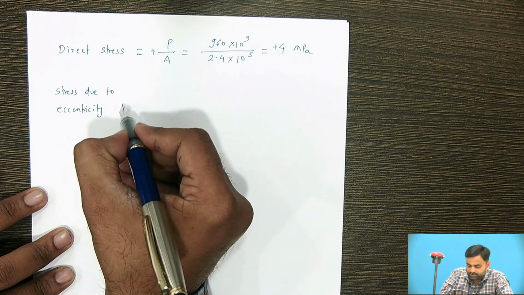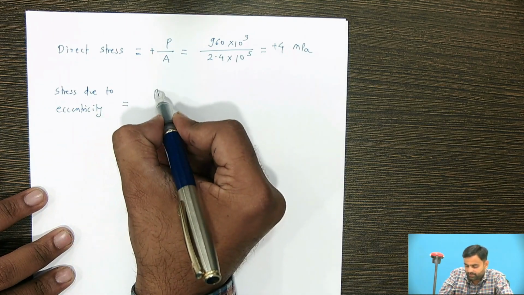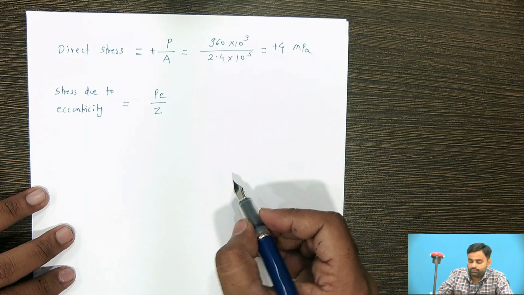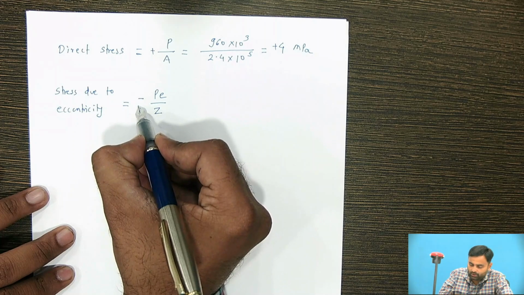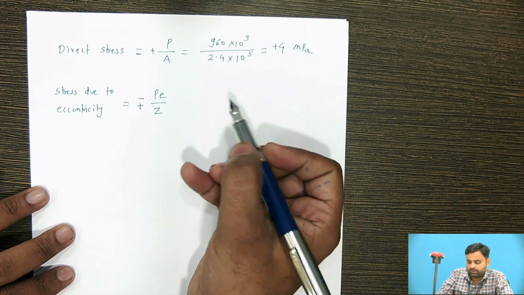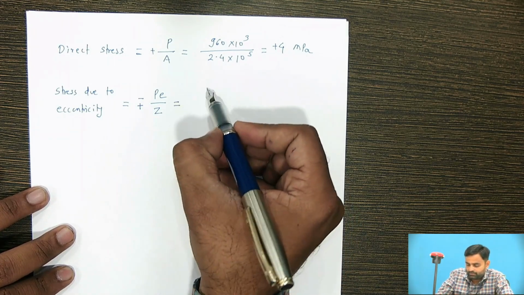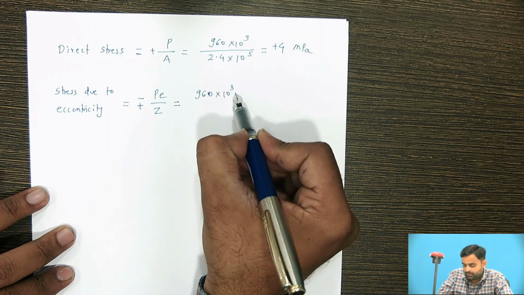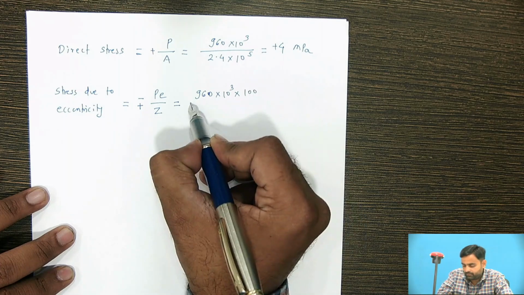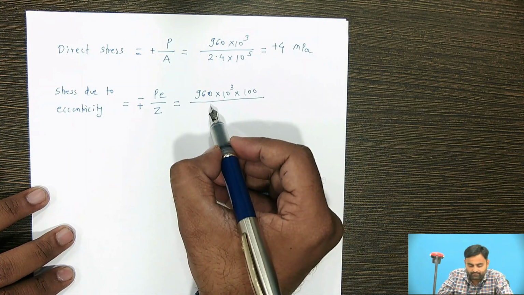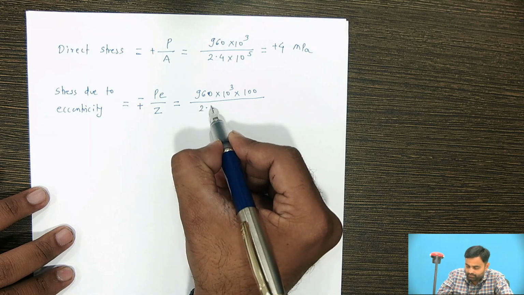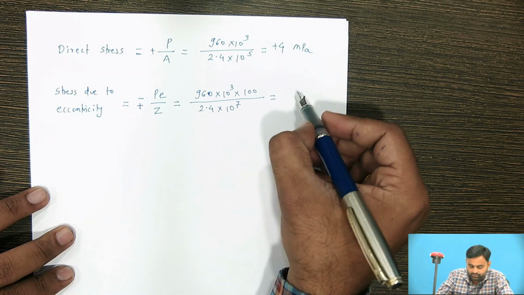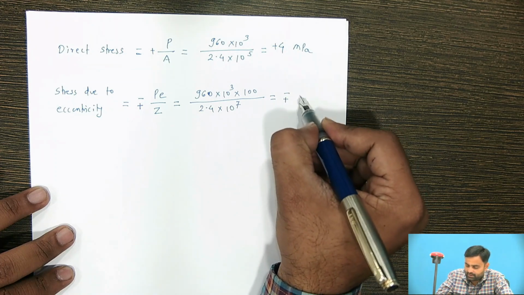The stress due to eccentricity can be calculated by using the formula PE by Z. I have told you already, it is minus at the top and plus at the bottom. So it is equal to P, which is 960 into 10 raised to 3, into eccentricity E, which is given as 100 mm, divided by Z. We have already calculated the value of Z, 2.4 into 10 raised to 7. So if you solve this, we will get the value 4